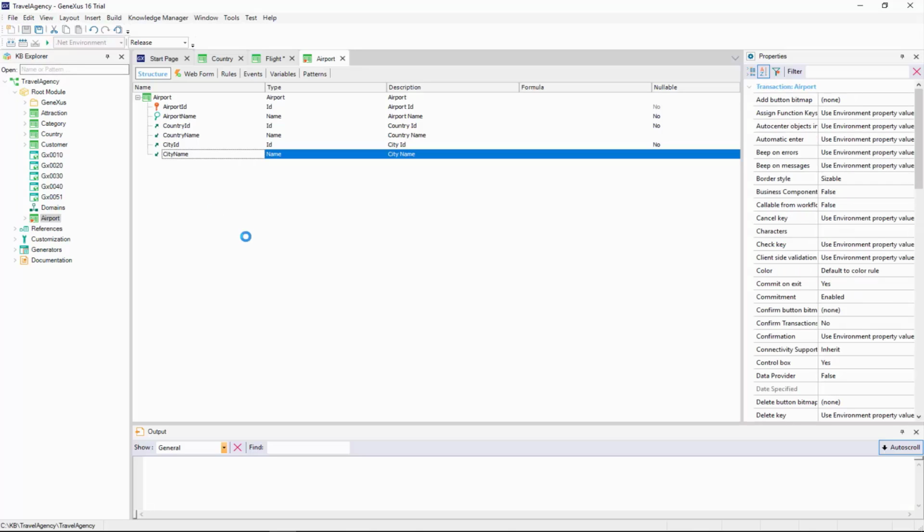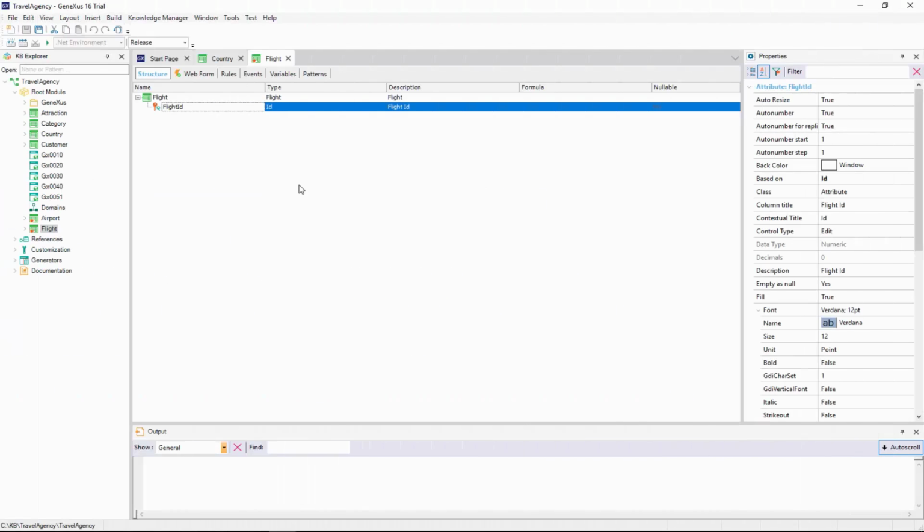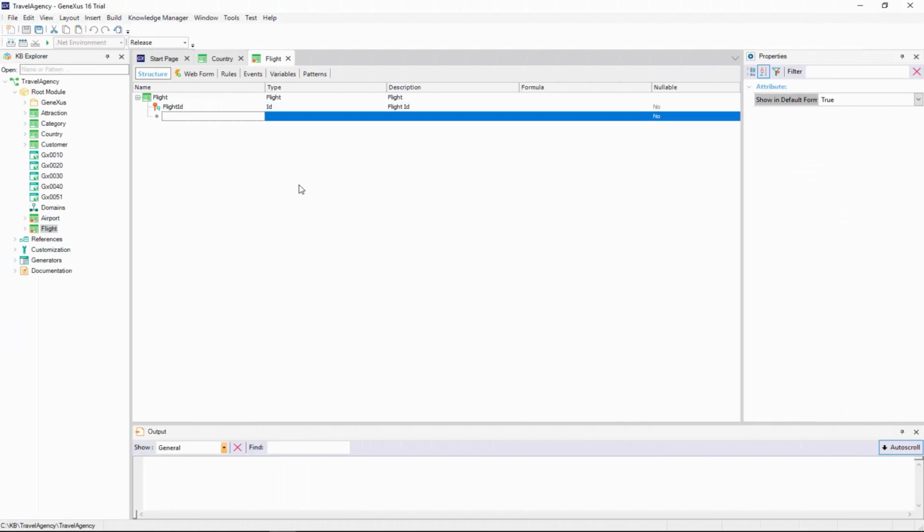And now we go back to see what our requirement was in the flight transaction. To each flight, we must add its departure airport and its arrival airport. So we go back to the flight transaction and add the airport ID and airport name attributes.